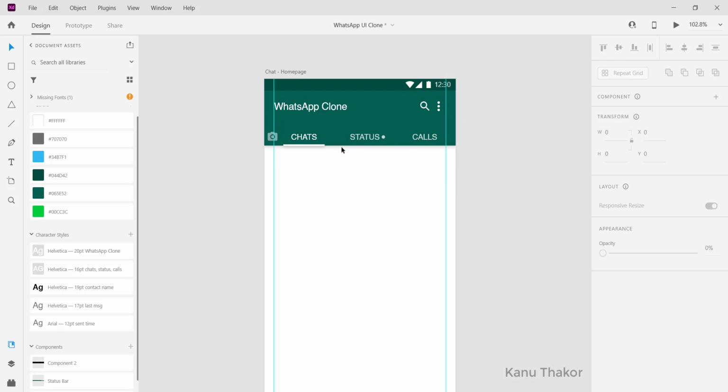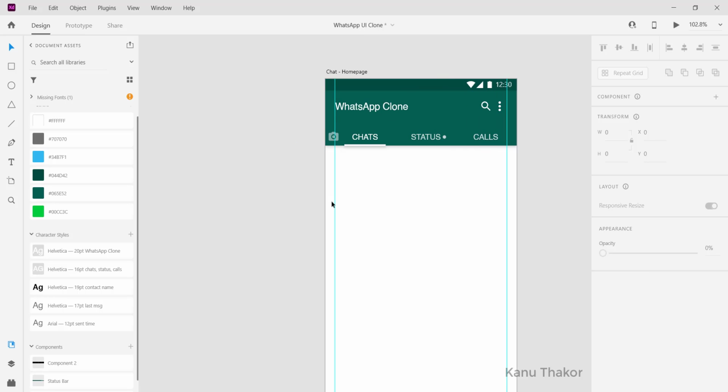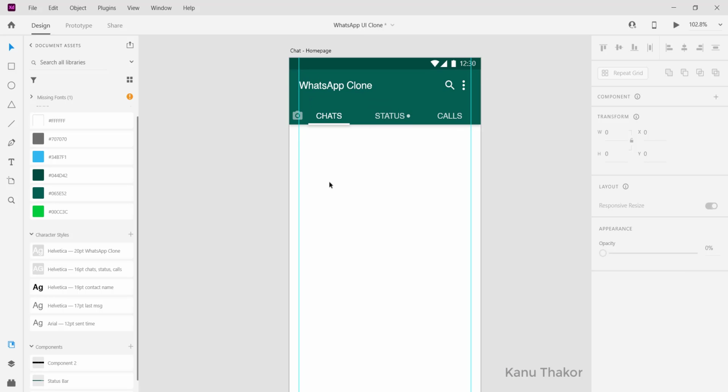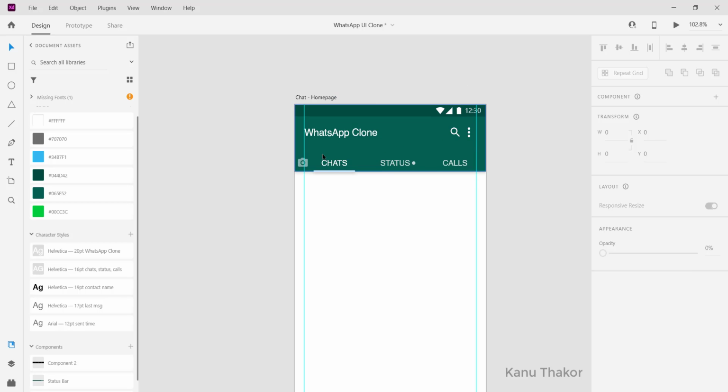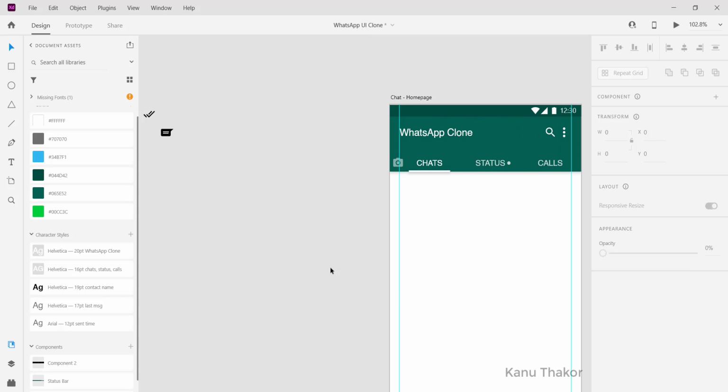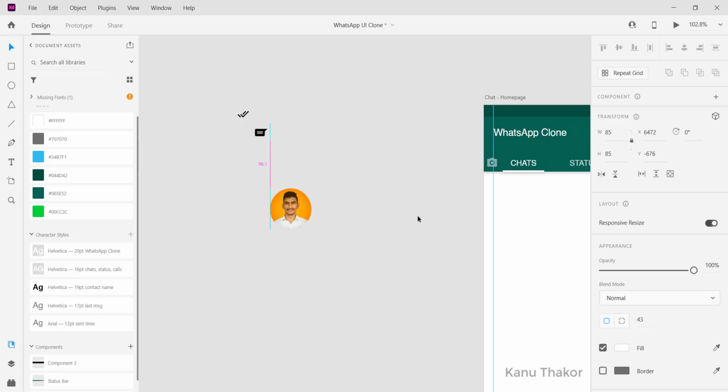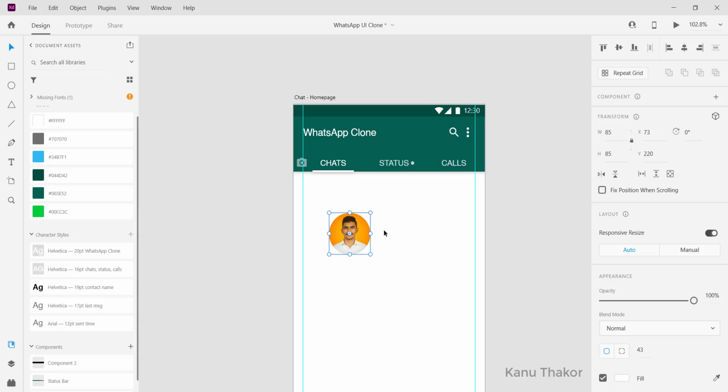Okay, we are done with the top navigation bar, and now we are going to create the actual chat. For that we are going to make a contacts page here, and all the contacts will be displayed here. I will bring this image, which was a square image, and I increased its border radius and made it into a round shape. Its height and width is going to be 60 point. Then arrange it here.